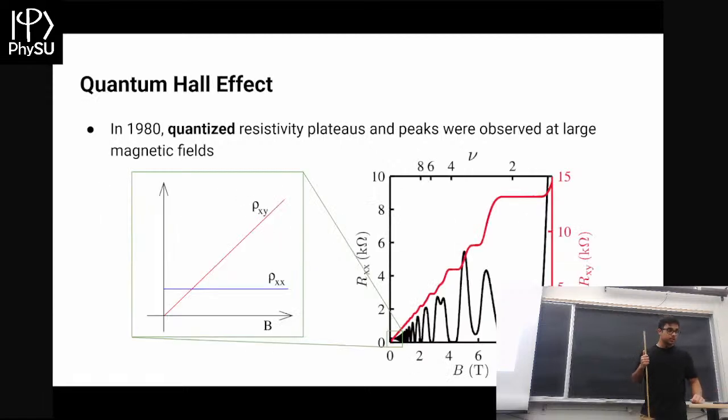It turns out that when you turn up the magnetic field even higher, you'll actually get these plateaus. Now, this isn't what we saw before, right? Before, we just had a constant for rho xx, and for rho xy, we had a line. Now, it turns out that's what you see down here. So you'll see there's a constant here in the black that represents rho xx, and then it's linear in the magnetic field for rho xy. So this is very interesting. We've never seen this. This is what we call the quantum limit. This corresponds to very low temperatures and also very high magnetic fields.